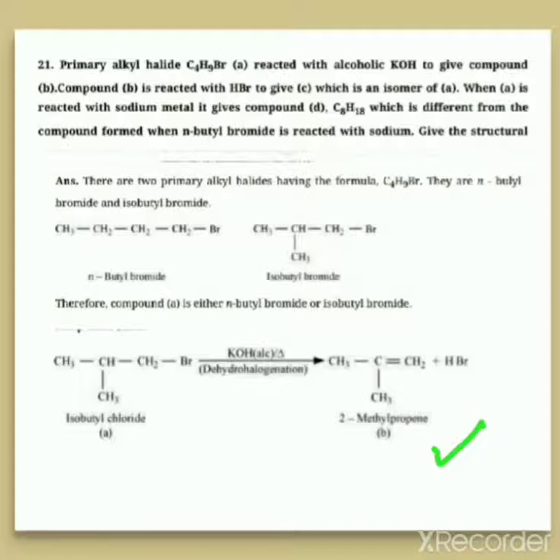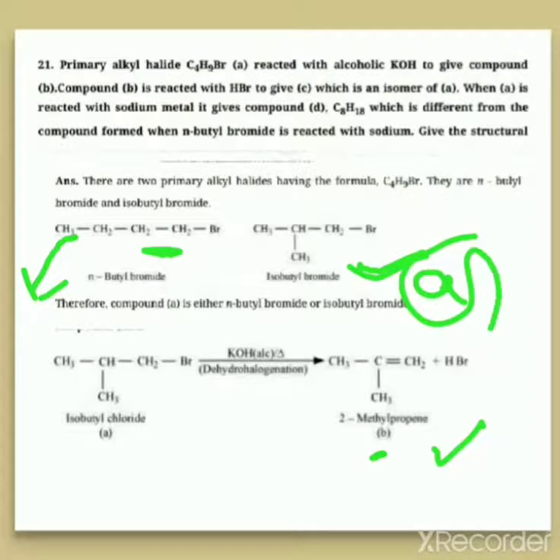Now what is the next condition given here? This can be Br, so you can check the possibilities with this also. When you do the beta elimination for this, you will get another possibility. We will find out both the possibilities. As I told you, I am taking this one and proceeding. You can also check with this structure. So for me, this is A, and I am proceeding with it to find out whether the other options become clear. So I got B in this way. My B will be this one.